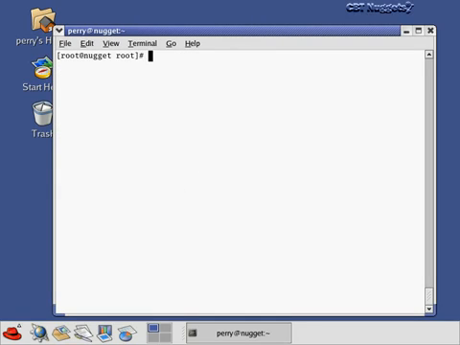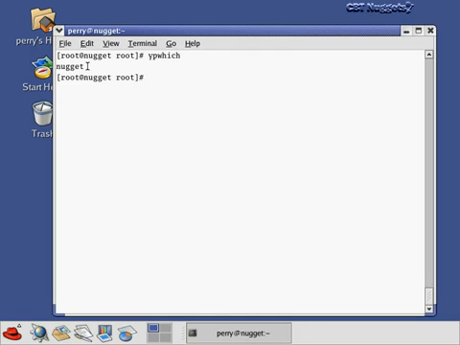Now, real quickly, let's look at some of the things that NIS can do for us, some of the commands that we can use that'll show NIS is working. One of the first commands that we can type is ypwhich. This will tell us what the name of the master NIS server is. Now remember, this is a contrived example where I'm running the server and the client both on this Nugget machine, but what this is printing out is the name of the NIS master server. In reality, I'd set the server up on Nugget, set the client up on some other machine, and I'd run ypwhich on that other machine, and it would tell me that the master server is